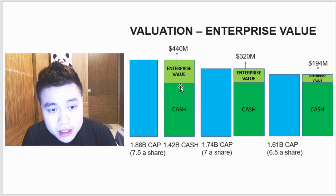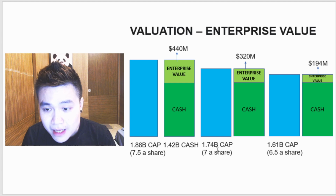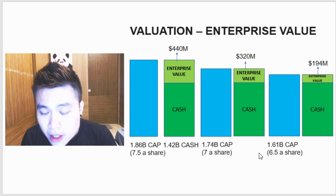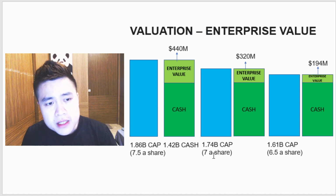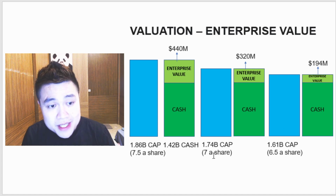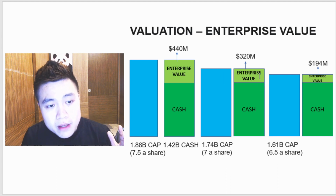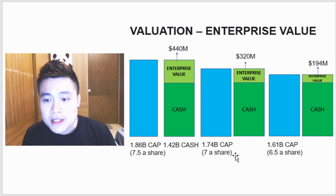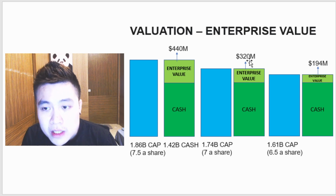And the implication of this is that because of the huge amount of cash that they're having right now, if there's a way for you to get NNDM shares at $7 a share or $6.5 a share, which is just a small percentage, 5 to 10% lesser than the stock price today, you're actually buying the company at a much lower enterprise valuation. So if you can get NNDM at $7 a share, the true enterprise value is only